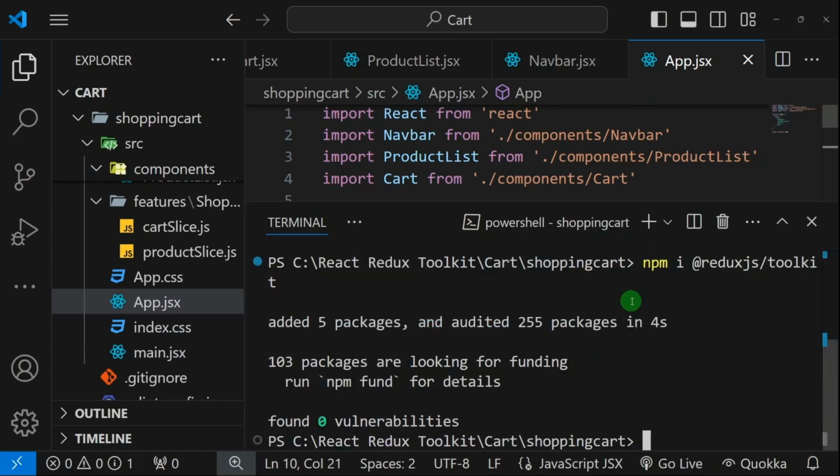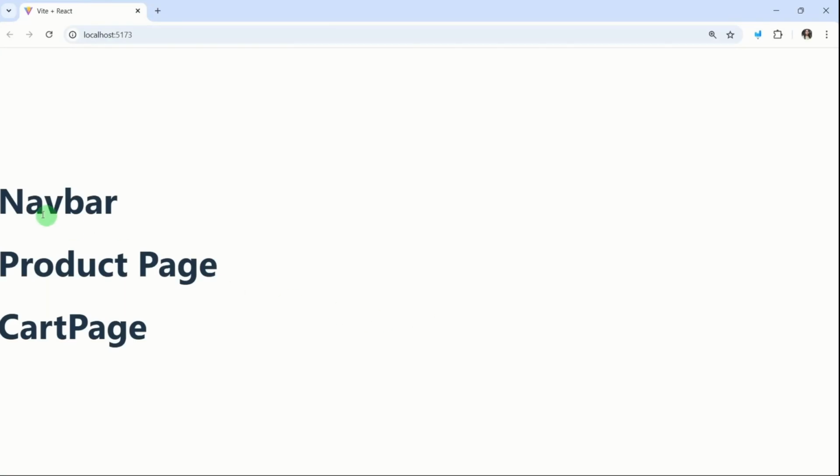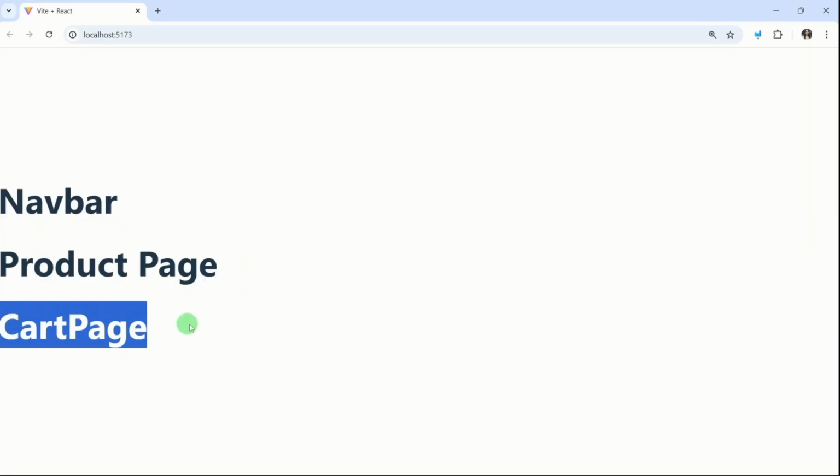Open terminal, and now to start the application, you have to use npm run dev. Now you will be having this link. Click on this link to open the application. Now you can see I am having navbar, I am having product page, as well as my cart page is